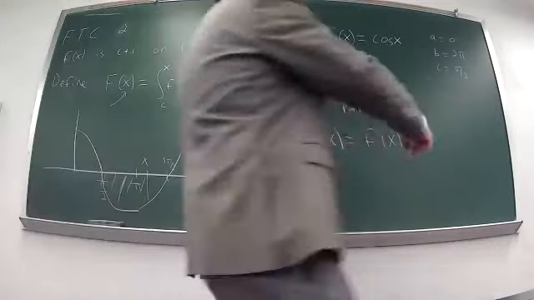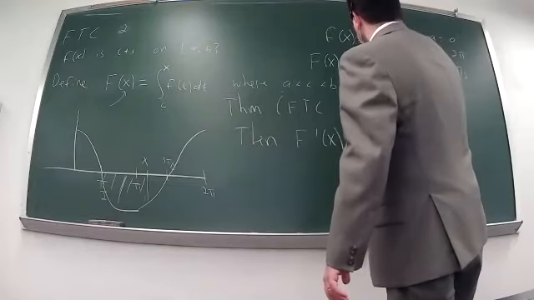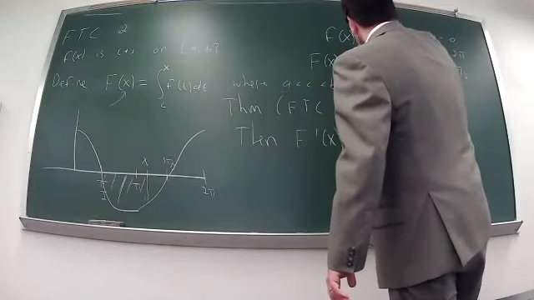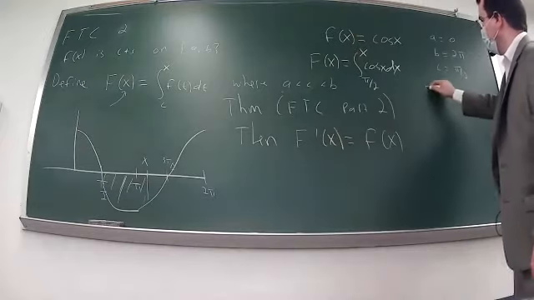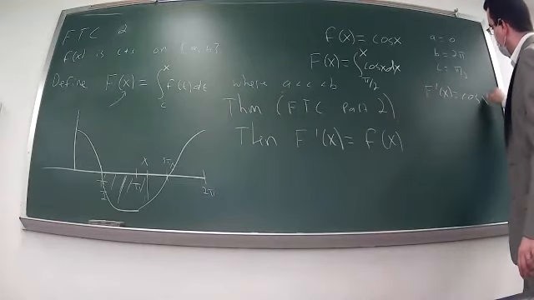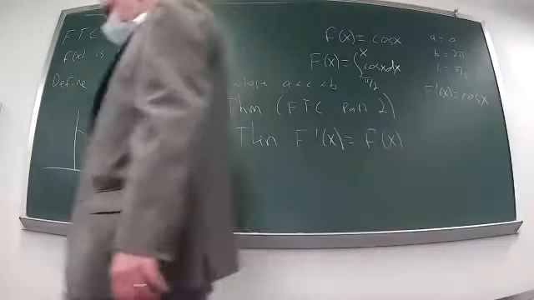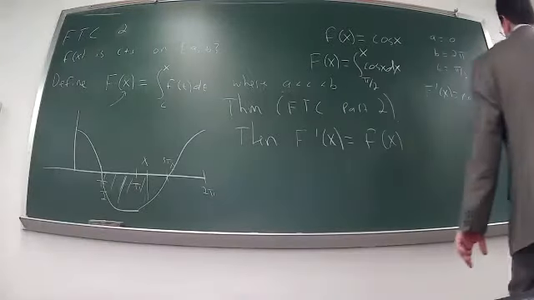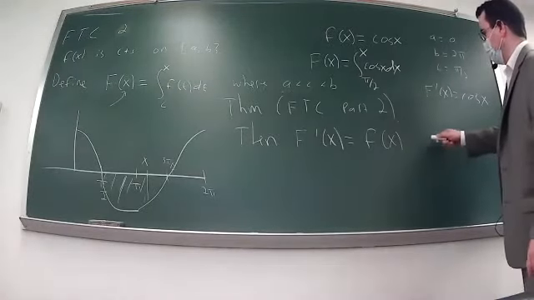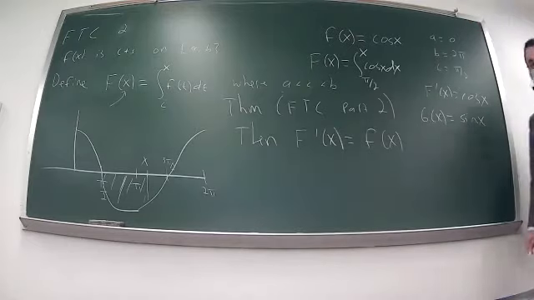So the fundamental theorem of calculus tells us that if I take the integral from pi over 2 to x of cosine of x dx, then the derivative of that will be equal to cosine x. So in other words, this function capital F of x is an antiderivative of cosine. We also know another antiderivative of cosine. So I know that if I take capital G of x, call that sine of x,